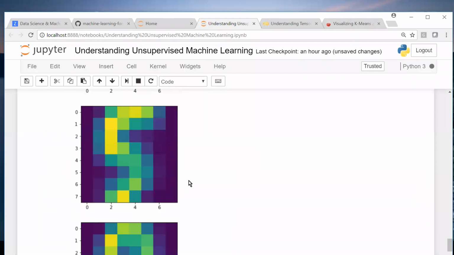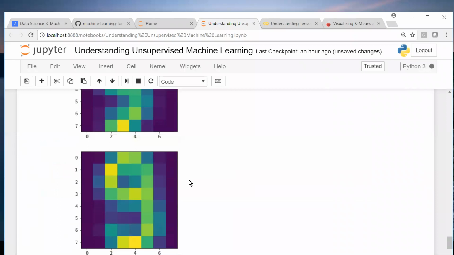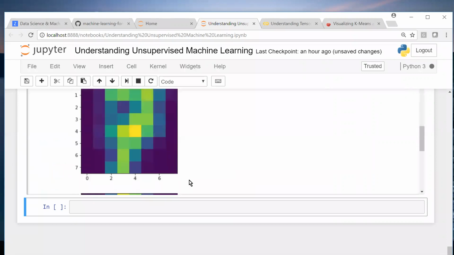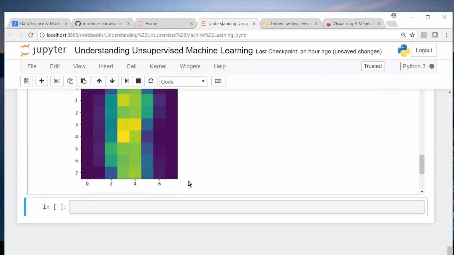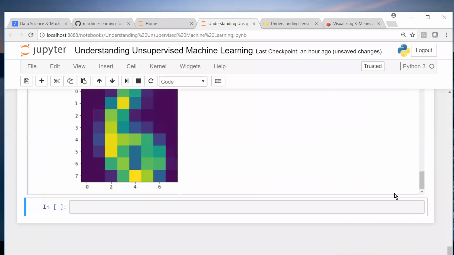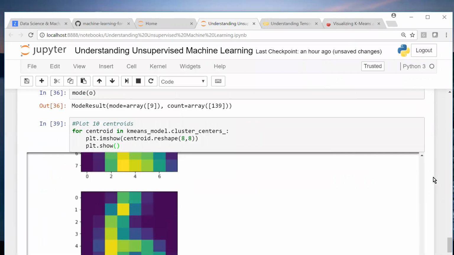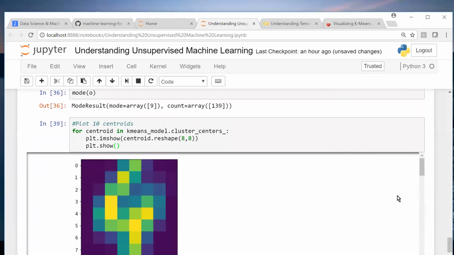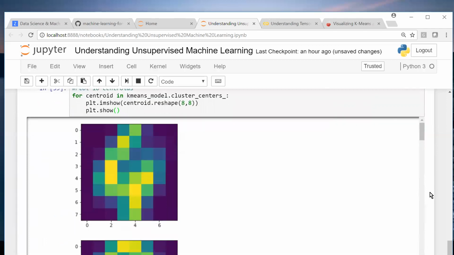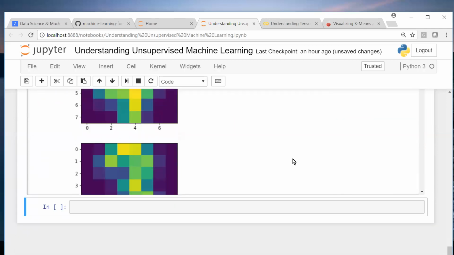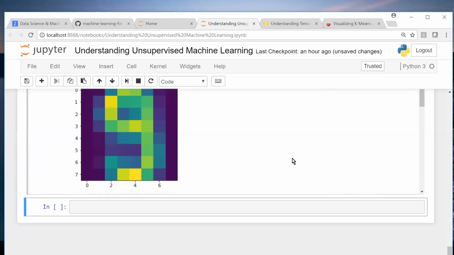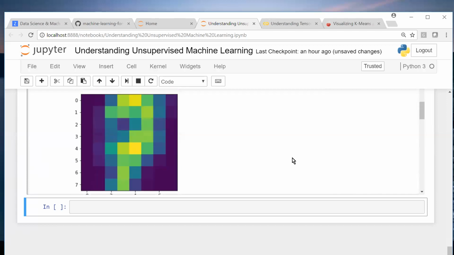See, this is each centroid. This looks like 7, 3, 5, 6, 7, 1, 2. 3, 5, 9, 9, 7. Is it?